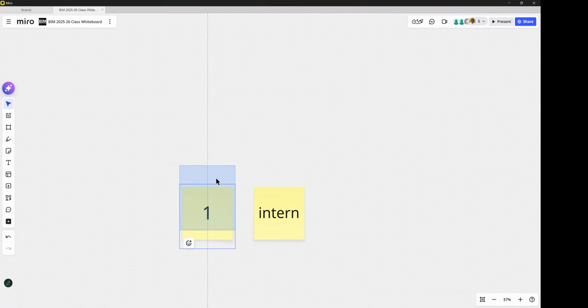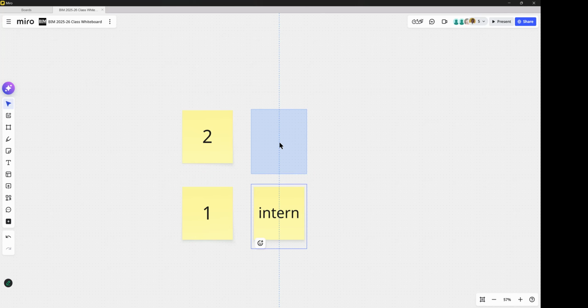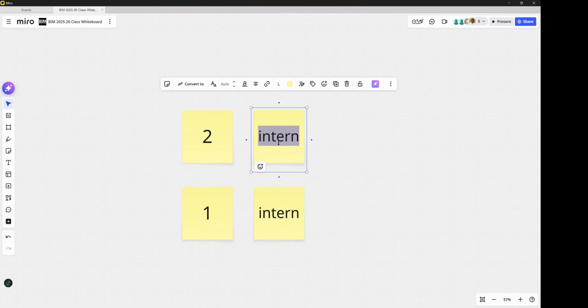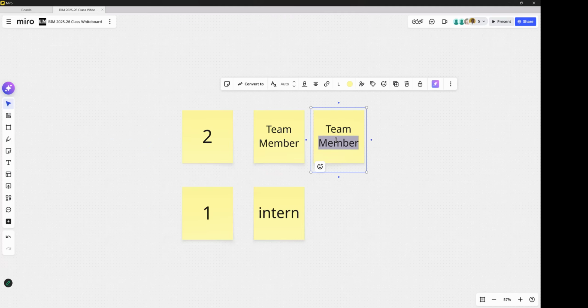Right? Now, usually at stage 2 is almost like you become a regular team member. And this is where the name gets different in different areas. So I'm going to say team member. And some places they call that a junior architect, right?